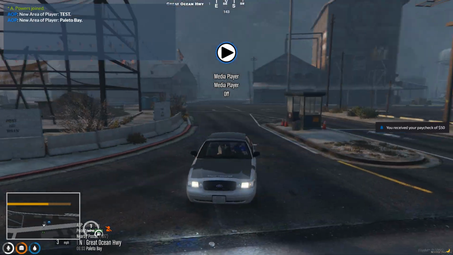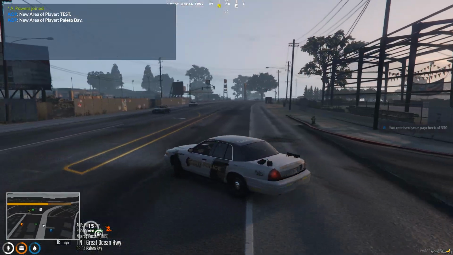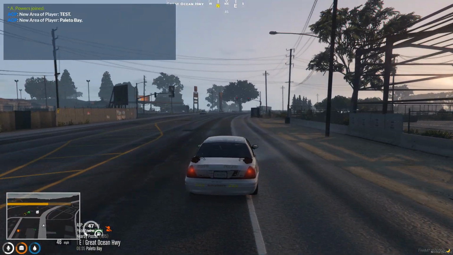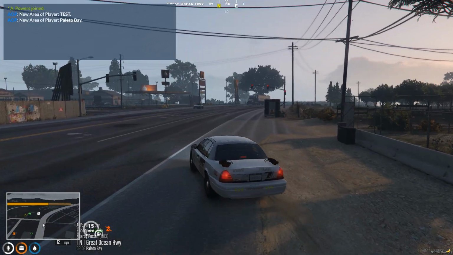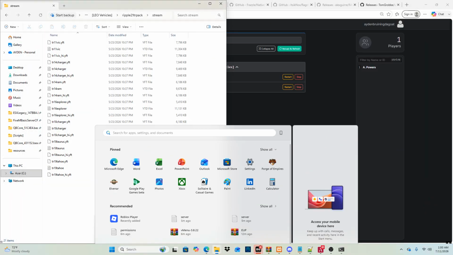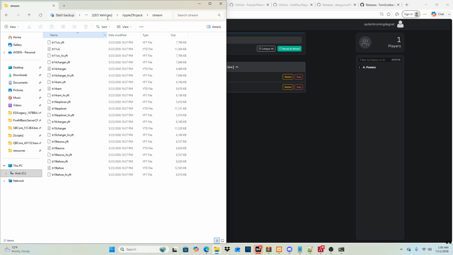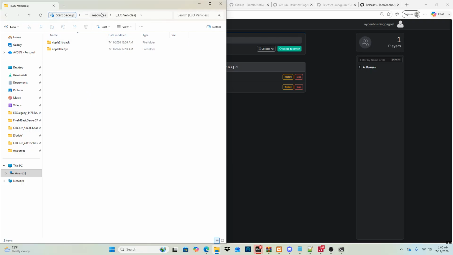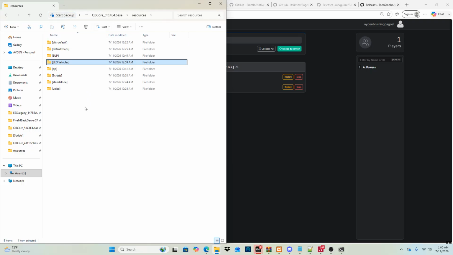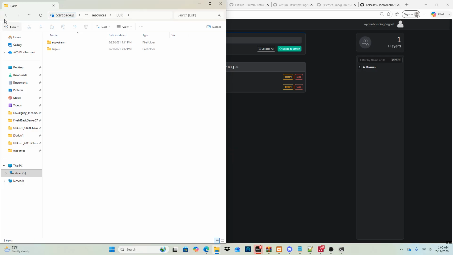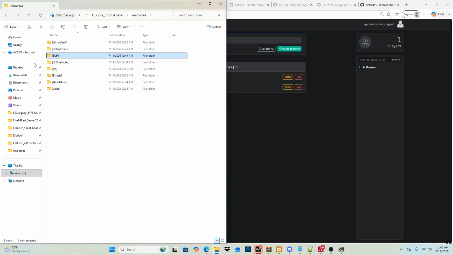By the way, this car pack is a paid asset, so I do recommend that you do. I like those cars. So this is where you store all your Leo vehicles. Make sure you keep this organized, because this is really important. Alright, so now we're gonna go to